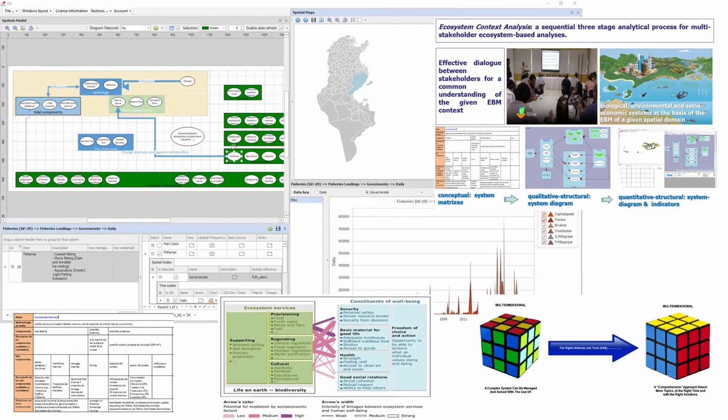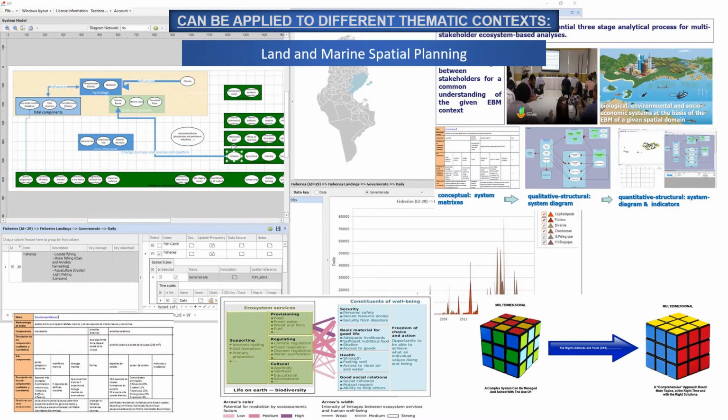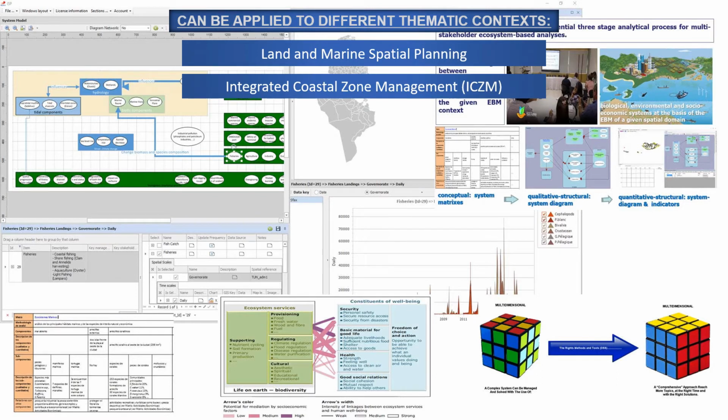The Proges Integrated Spatial Planning 6.0 is a set of methodological and technological tools for the participatory formulation of systemic spatial sustainable development policy and plans. It can be applied to different thematic contexts: land and marine spatial planning, integrated coastal zone management,